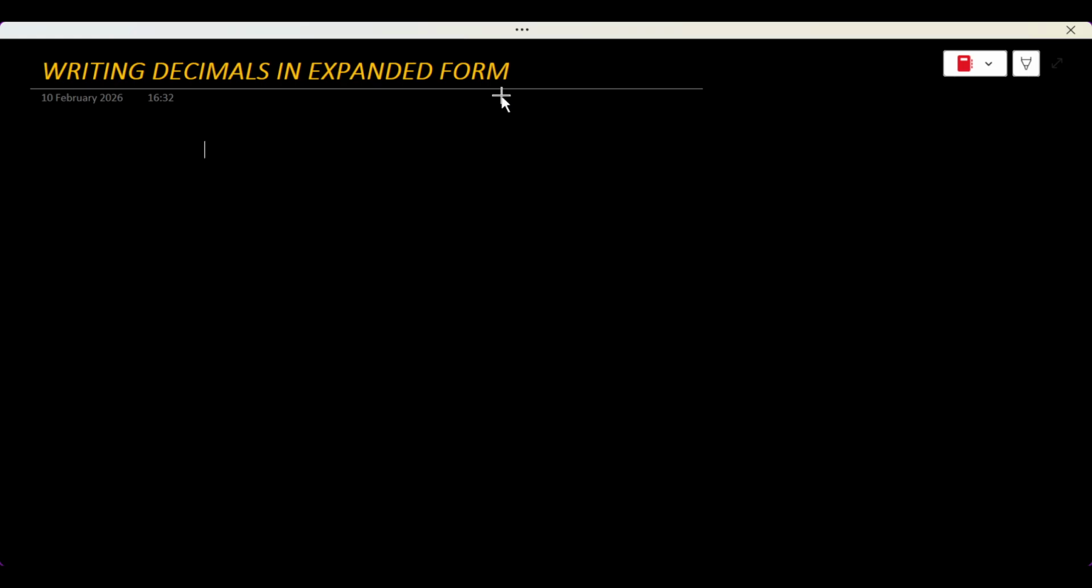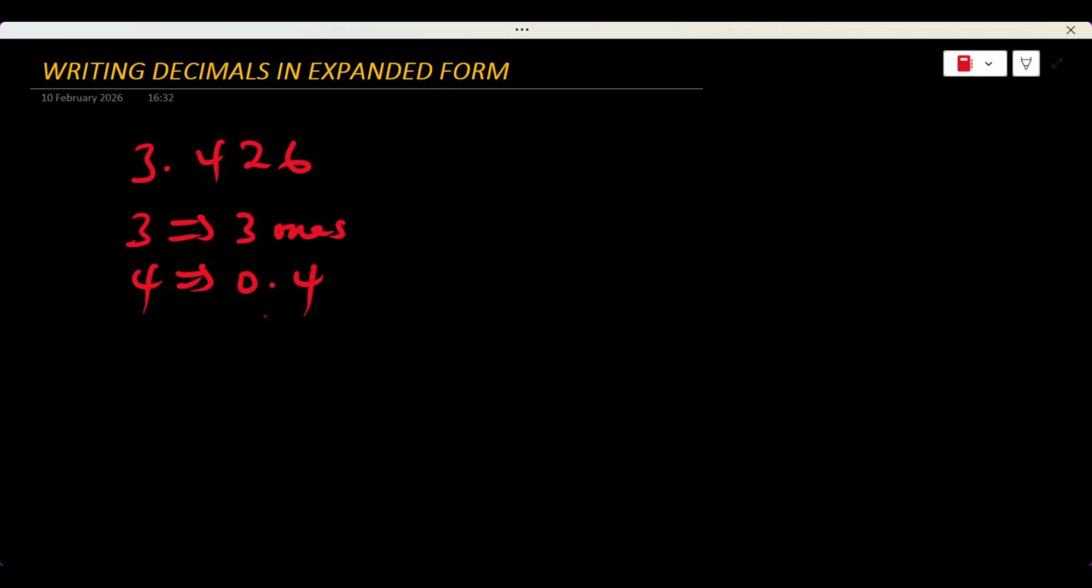Let's solve another example. We have 3.426. So write 3.426 in an expanded form. So the first one, we have the 3 ones, which is written as 3. And then we have the 4, which is written as what? 0.4. And then we have the 2, which is 200s, right? 0.02. And then we have the 6, which is 6,000s. Write it as well,